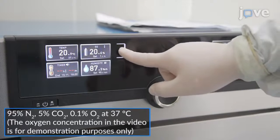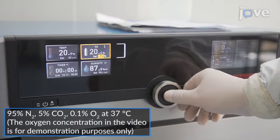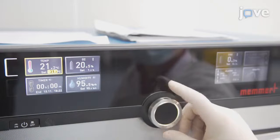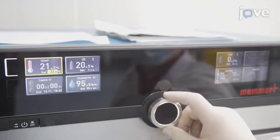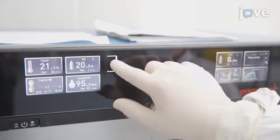Culture the cells in a tri-gas incubator for 12 hours to establish hypoxia. Set the temperature program, starting with 10 hours of low-temperature treatment, followed by a rewarming phase for 2 hours, and 24 hours of normothermia. Remove 3 petri dishes at